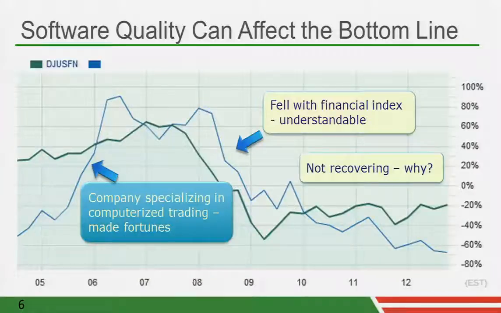Now, the dark line that we see is the Dow Jones Financial Index, and of course you can see its meteoric rise there. But something's happening here where the financial index sort of recovered and is going sideways, while this company continues to decline. Why? Well, I happened to be on this project at the time, and